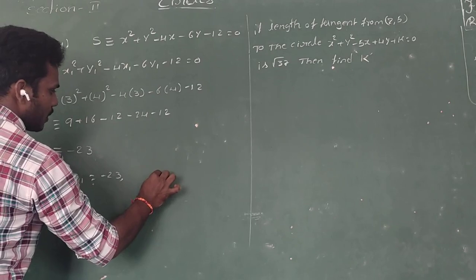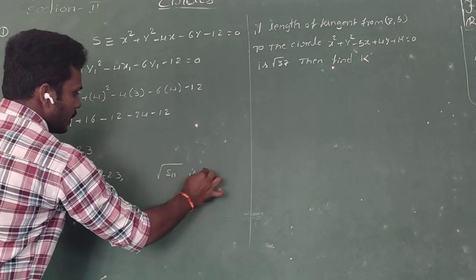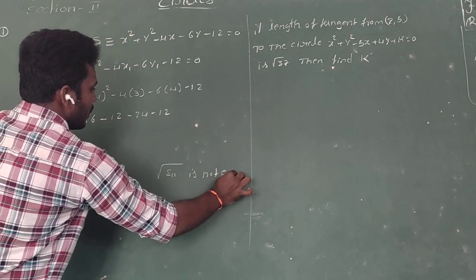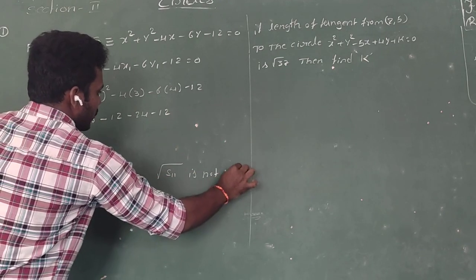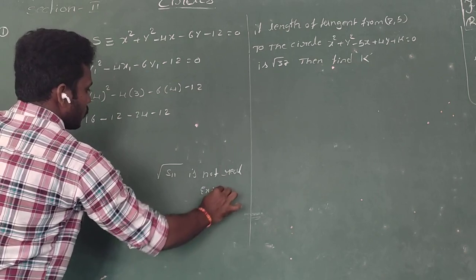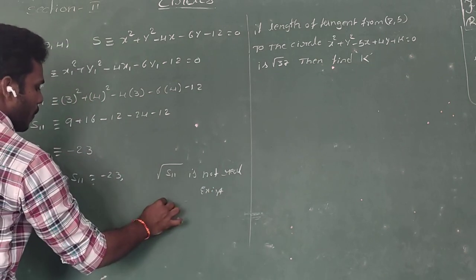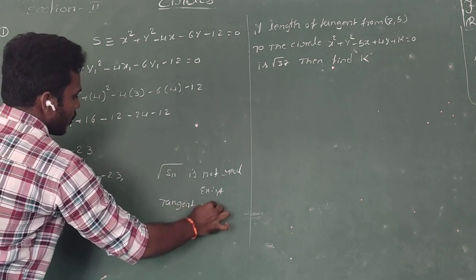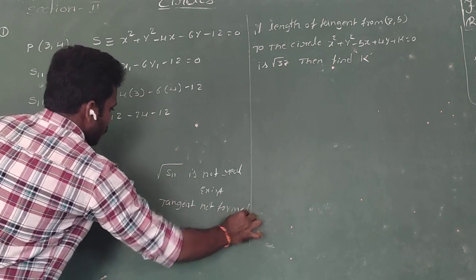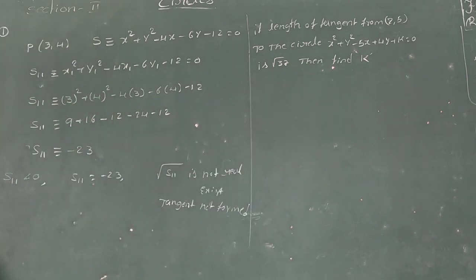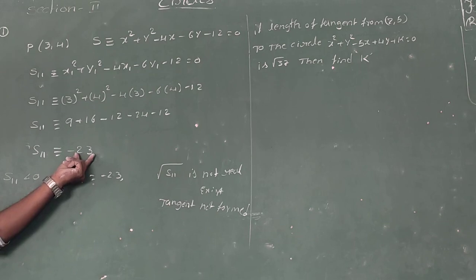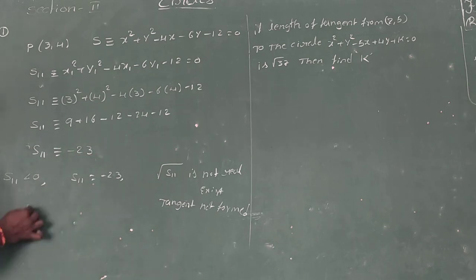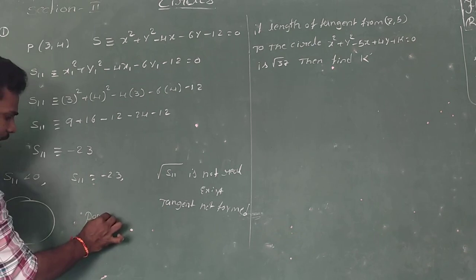So root S11 is not real, that's why it does not exist; a tangent is not formed. So our conclusion depends upon the three conditions. S11 is minus 23, that's why it is less than 0. S11 is less than 0, so the point is inside the circle. S11 is minus 23, so the power of the point